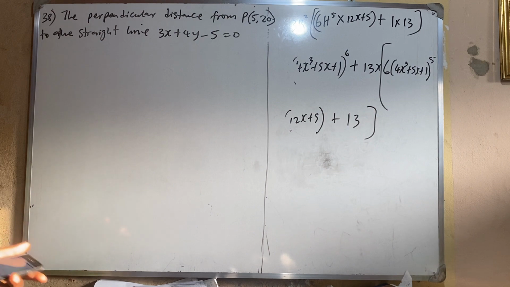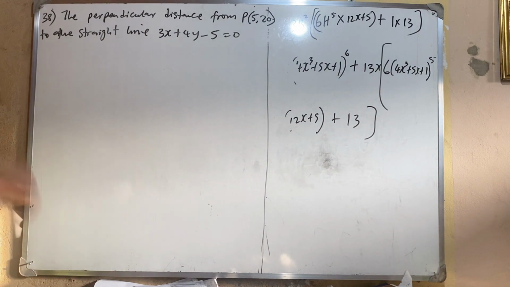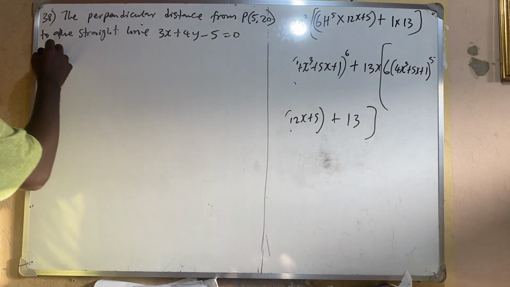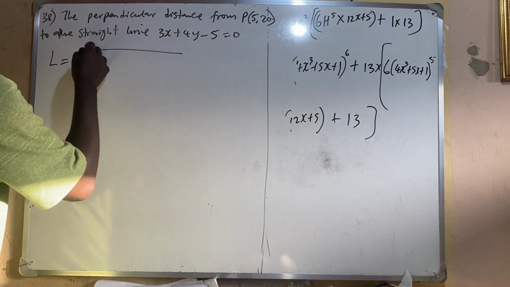Please watch my video on straight line to understand this. So perpendicular distance is very, very simple. So what do you have? I think that perpendicular distance L is equal to the square root of